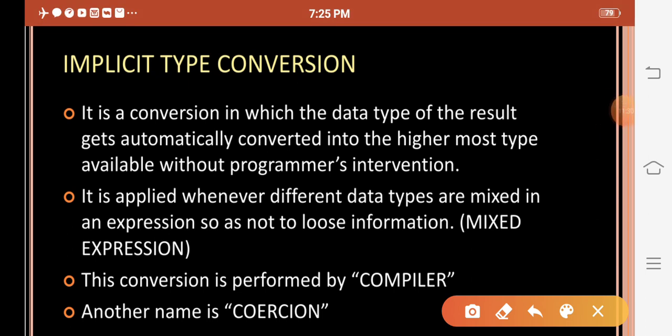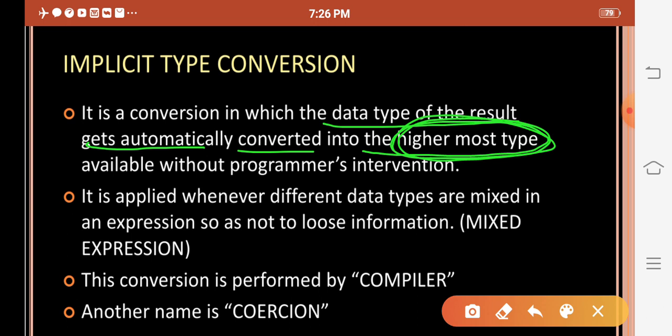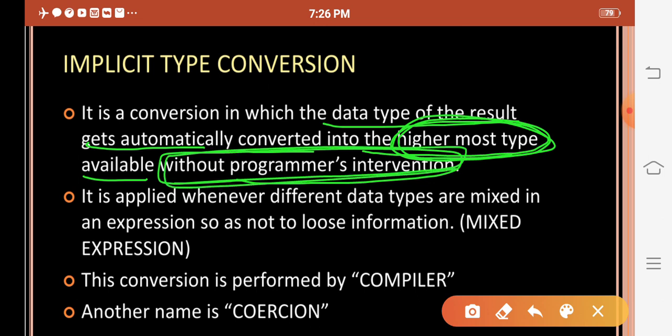So it is a type of conversion in which the data type of the results gets automatically converted into the highermost data type available without programmer's intervention, or you can say without user's intervention. यानी कि यूज़र उसमें इंटरप्ट नहीं कर सकता है, यानी कि ऑटोमेटिकली जो डेटा टाइप होगा. इम्प्लिसिट का मतलब होता है ऑटोमेटिकली. So automatically the final result will be converted into the highermost data type